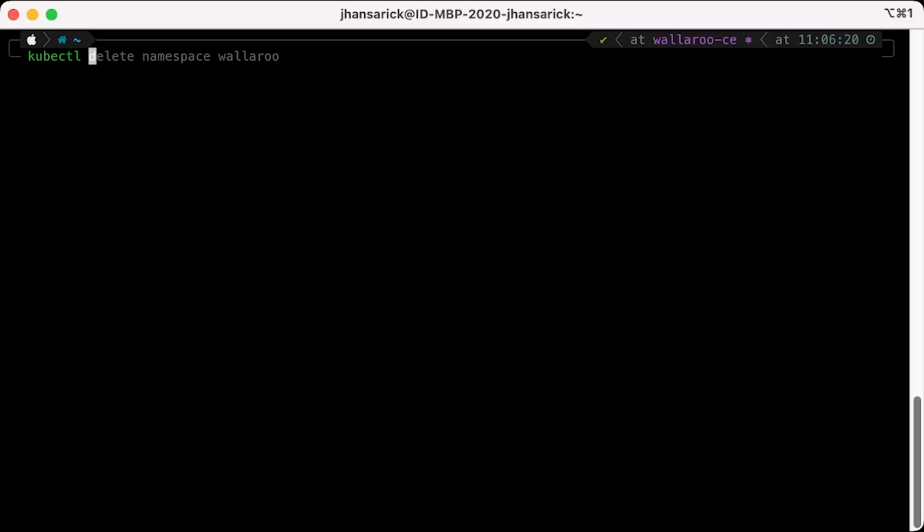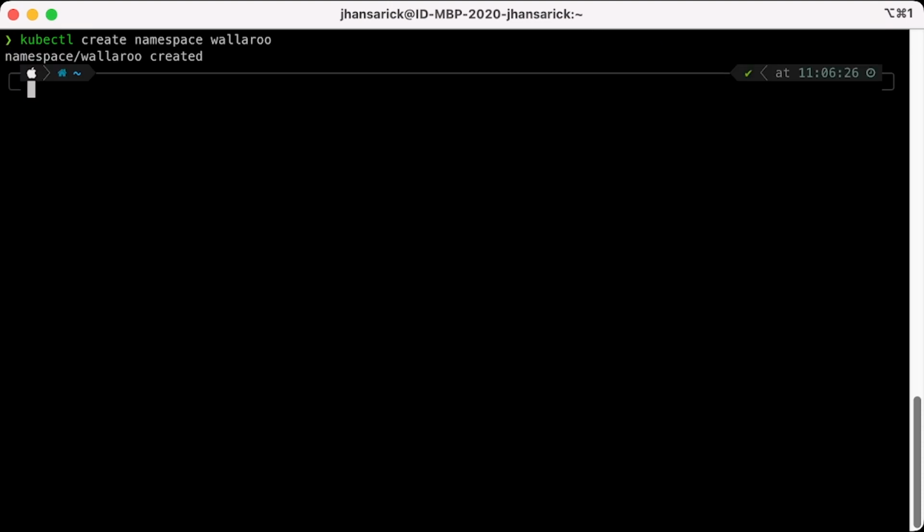Let's install Wallaroo. With that done, now we can install Wallaroo Community into our Kubernetes environment. We start by creating a namespace where Wallaroo Community is installed to. kubectl create namespace wallaroo. Now we can install Wallaroo Community with the command kubectl kots install wallaroo/ce